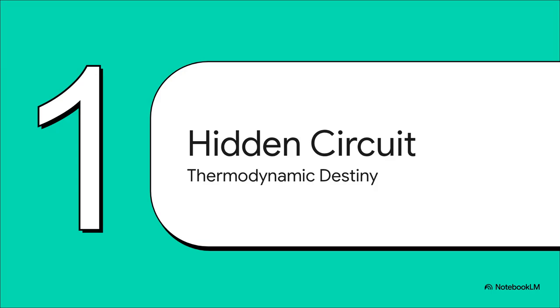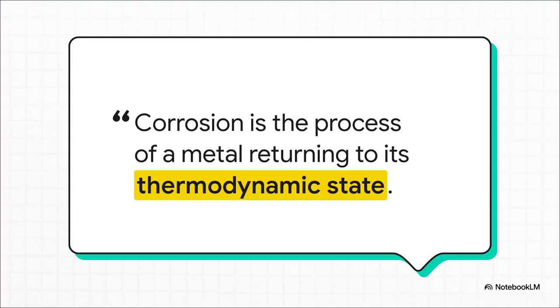All right, jumping right into section 1, the hidden electrical circuit. First things first, we kind of need to reframe how we look at corrosion. We have to stop viewing it as a mistake or an accident. As our source material perfectly puts it, corrosion by its simplest definition is the process of a metal returning to the material's thermodynamic state. You see, metals like iron, they don't just naturally exist as shiny, strong beams in the